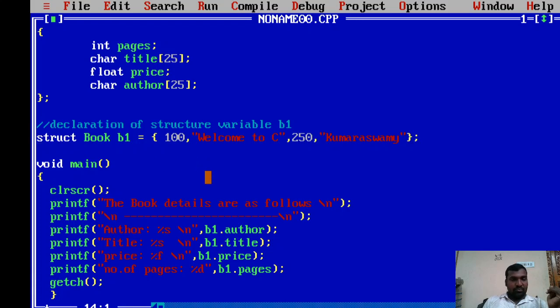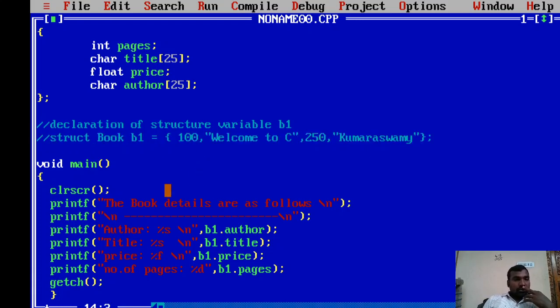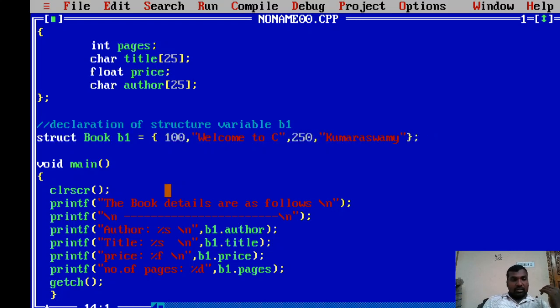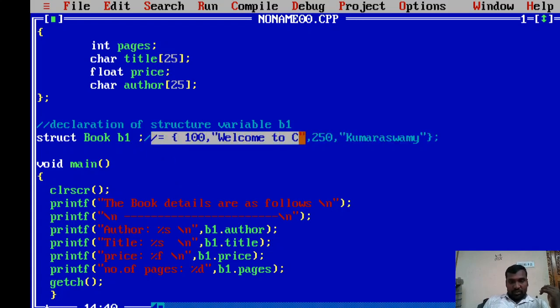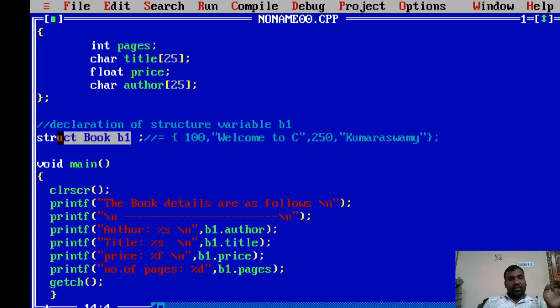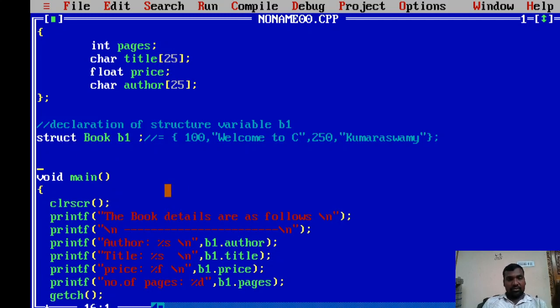Now what happened here is that I initialized the structure variable at the time of declaration. What if I don't want to use these values? So I'm putting these under comment. Now b1 is a variable of structure book, and I want to assign some values randomly.